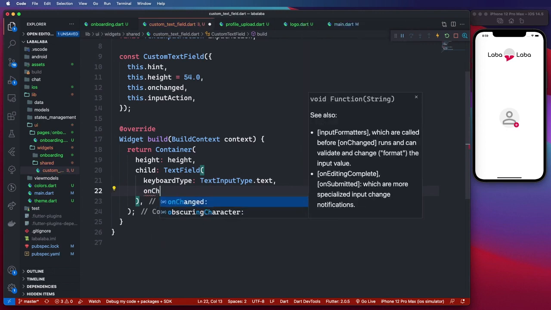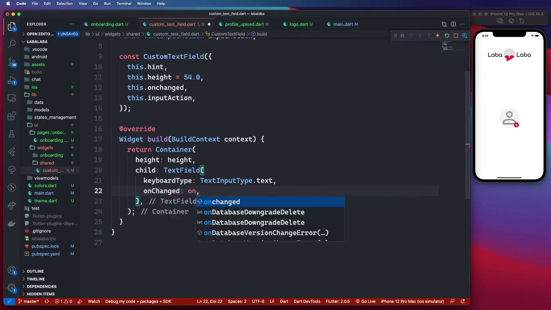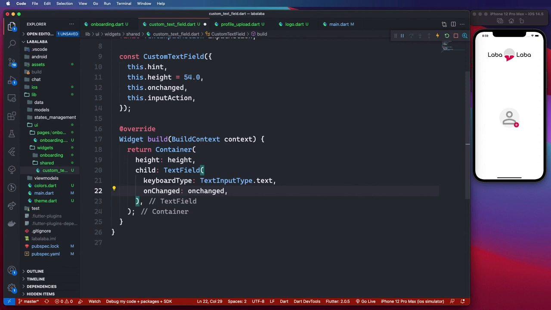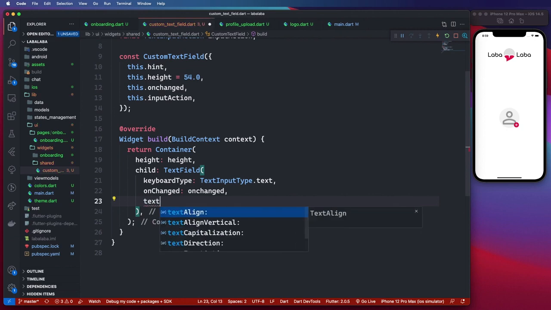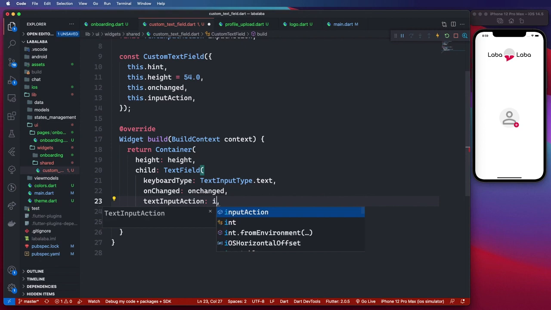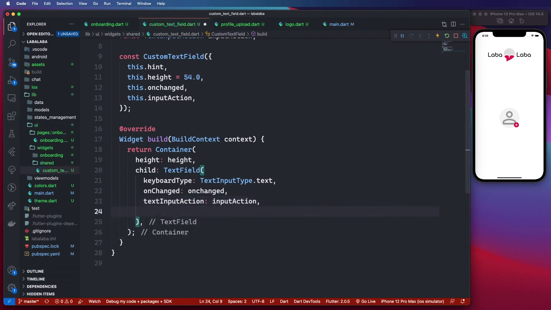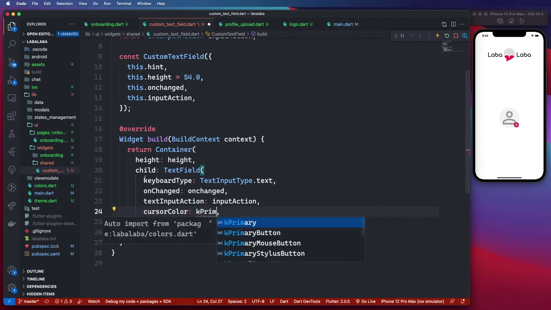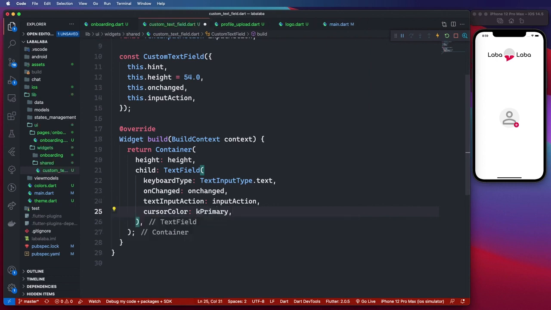I'm gonna set the onChange method to the onChange callback that we pass in. Then the text input action to our input action. I'm going to set the cursor color to the primary color. And if I save that,